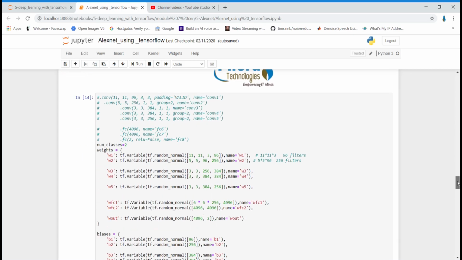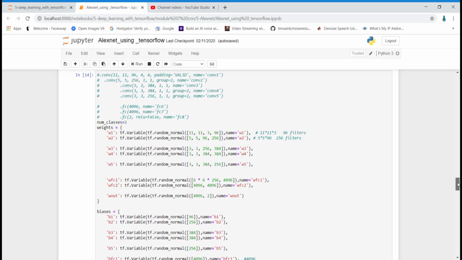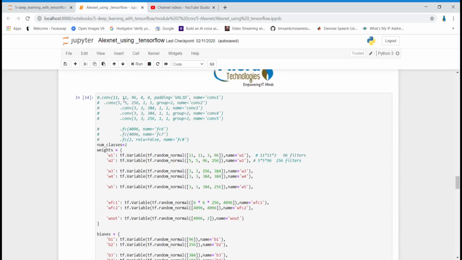Now the task is to design a network. Whenever we design a network, we have weights associated with inputs, and we also use biases. So let's define weights and biases for our algorithm. If you remember AlexNet, I showed you in the beginning of today's lecture that the very first layer will have an 11 by 11 filter.